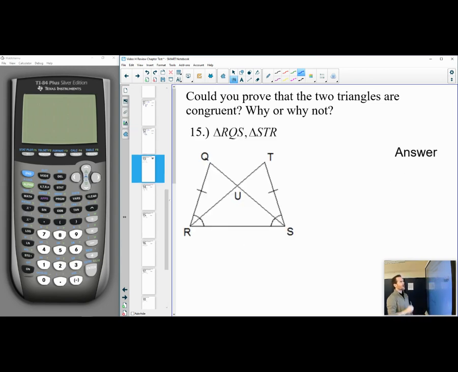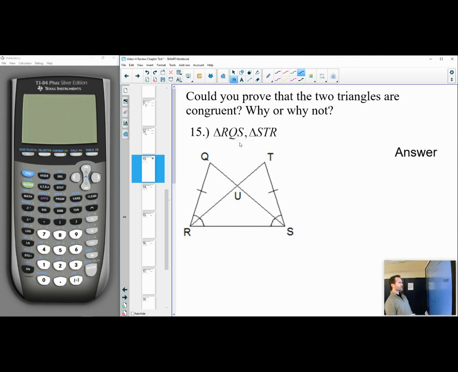Number 15. All right, same directions, but this diagram has me slightly concerned because in this diagram, I see 1, 2, 3, 4, 5 different triangles. And if you don't believe me, let me erase that. 1, 2, 3, 4, and 5. So there's 5 different triangles here, which means we have to pay close attention to the directions to figure out which two triangles they want us to focus